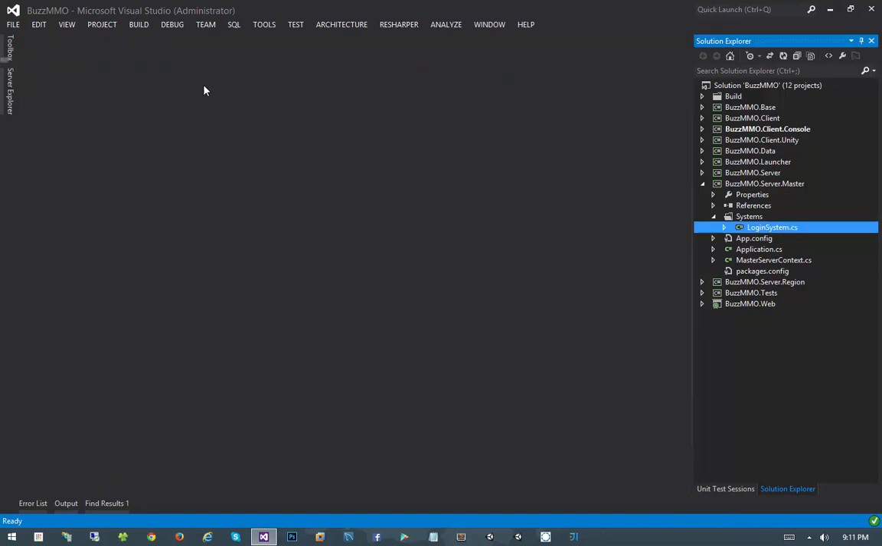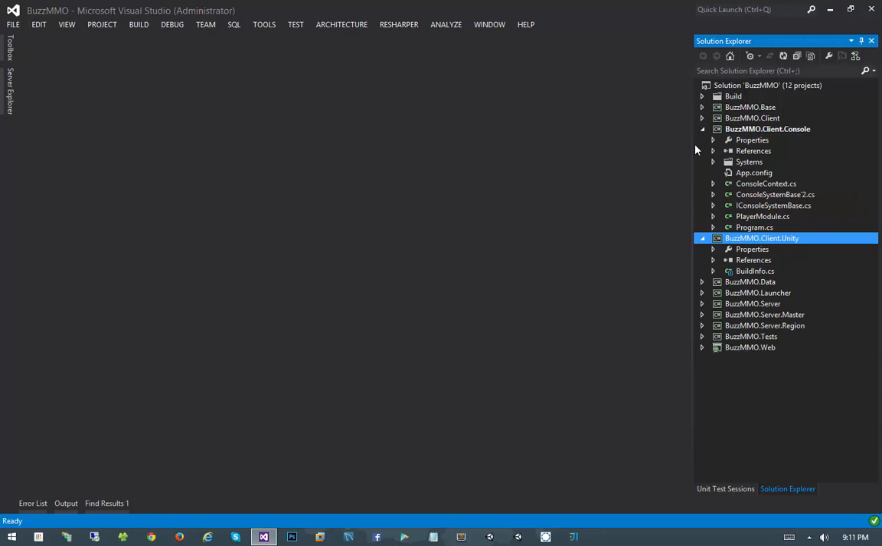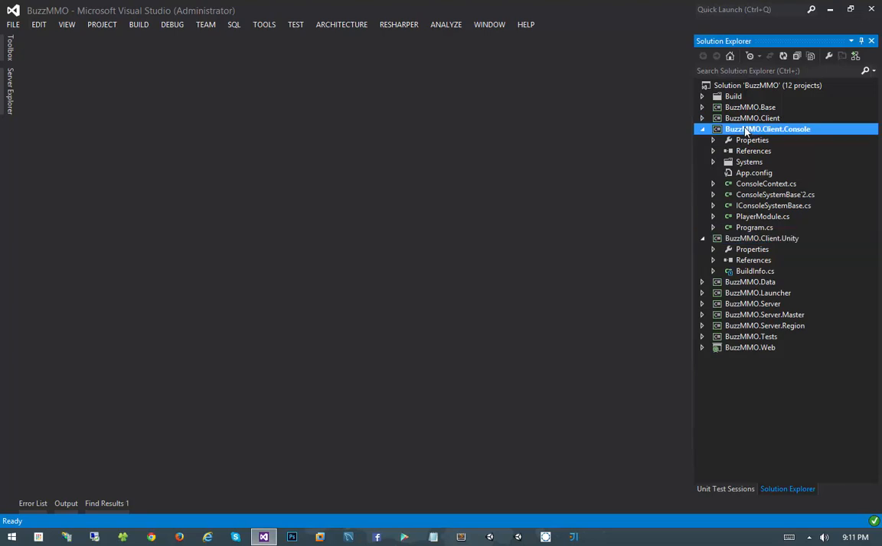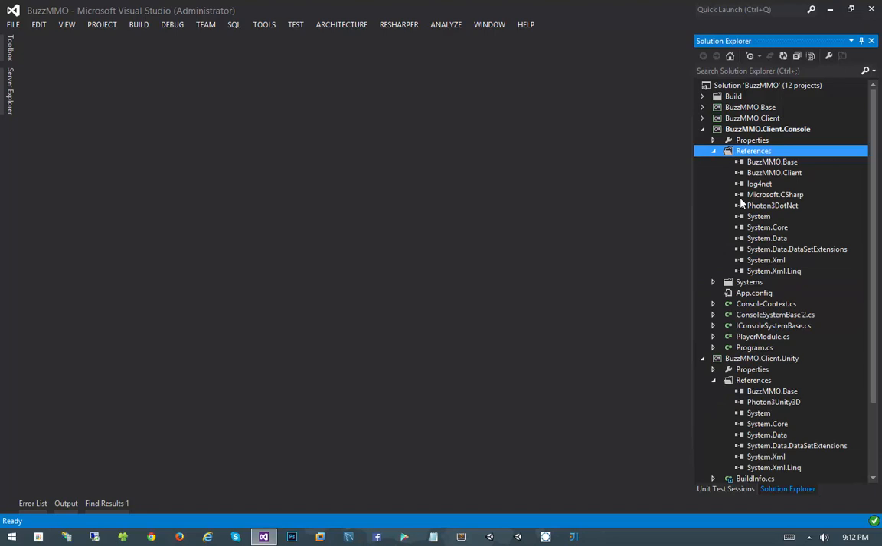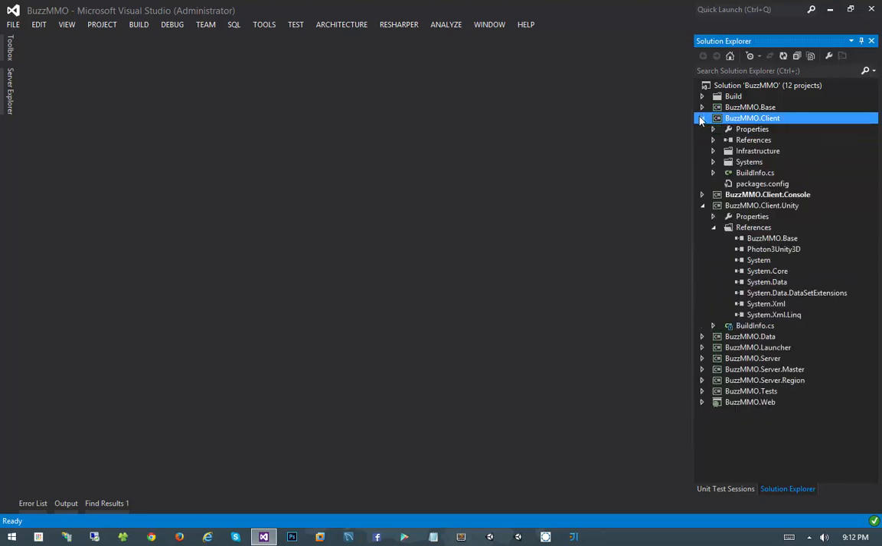So even from the start, we've always had this little Buzz MMO client Unity project right here. And the Buzz MMO client Unity project only exists to allow us to take all of the code from our client project, compile it, but use a different version of Photon. Because if you recall, we have our Photon 3 Unity 3D reference here in the Buzz MMO client Unity project, and that is going to be different than the Photon 3 .NET assembly. So we need to take the same code in the client assembly